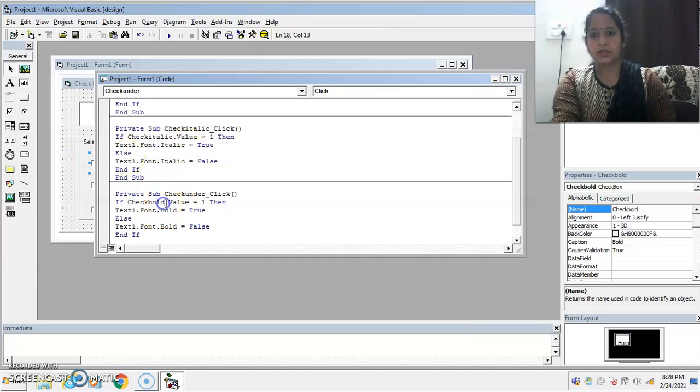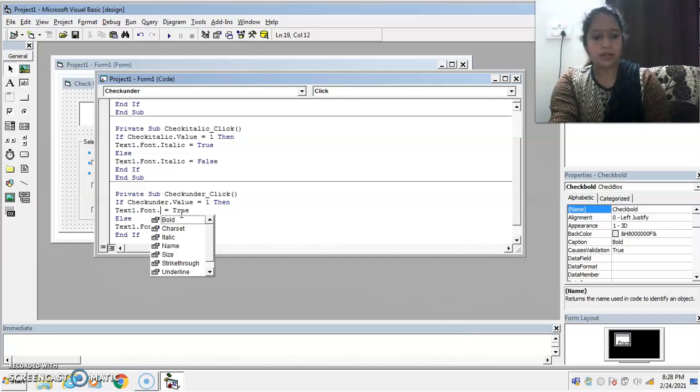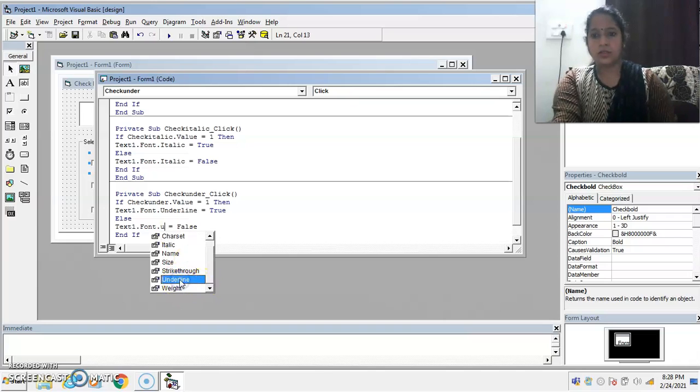Change its name to check under, and from bold to underline. Also change it here.